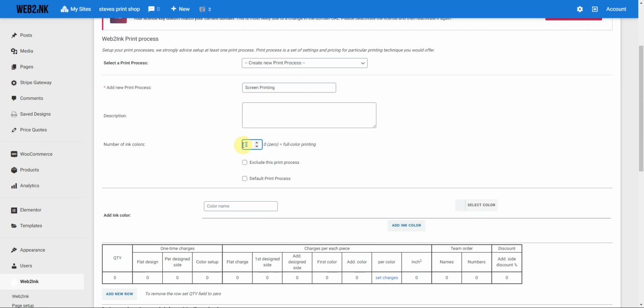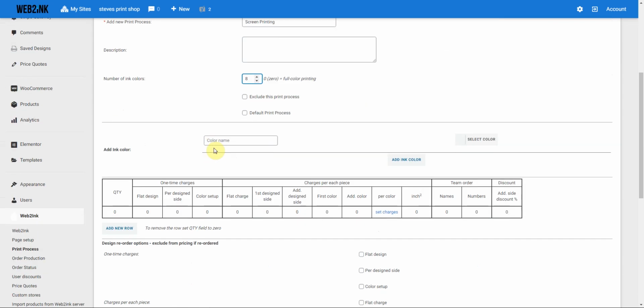Right here, you're going to put your number of ink colors. So in this section, I would put in the number of ink colors you can confidently print on dark colored garments. So say if you have a 10 color press, you might put in 8 colors here because you might need a flash station and maybe a cool down station. And then from there,